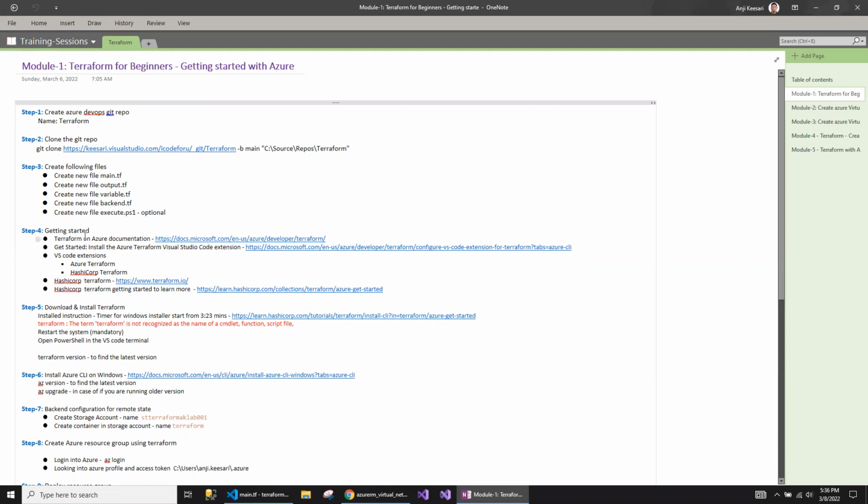And if you want to learn the theoretical concepts of Terraform, you can look at some of these links which I shared in the previous video, and some of the Visual Studio extensions which are going to be helpful for running the Terraform scripts, and required Terraform downloads, and restarting your system, and also installing the command line interface